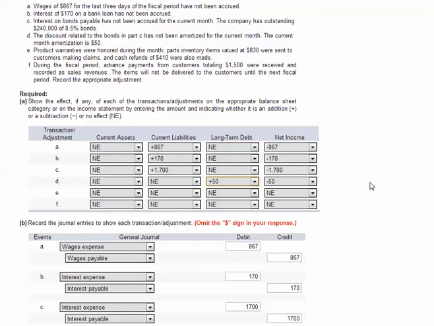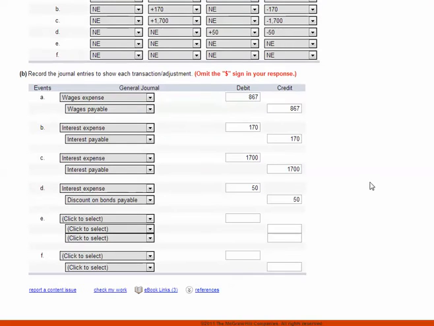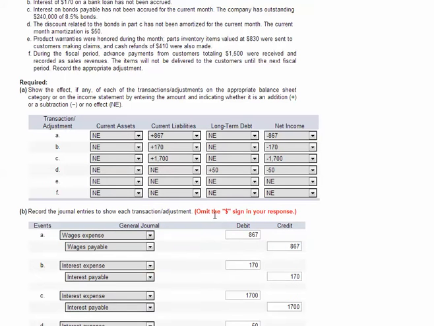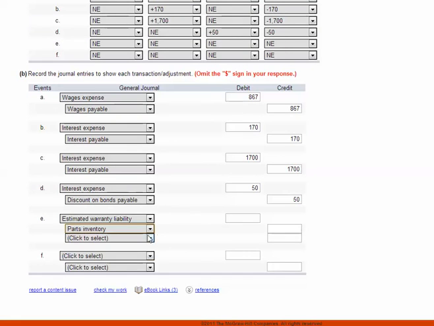So we have to think back to what that journal entry looks like when we have a liability, and we would have debited our estimated warranty expense when we sold the merchandise and credited estimated warranty liability. So in this case, we need to go ahead and debit our estimated warranty liability, credit the repair parts for the parts that were required to fix the merchandise, and then credit cash because it looks like we refunded $410 to our